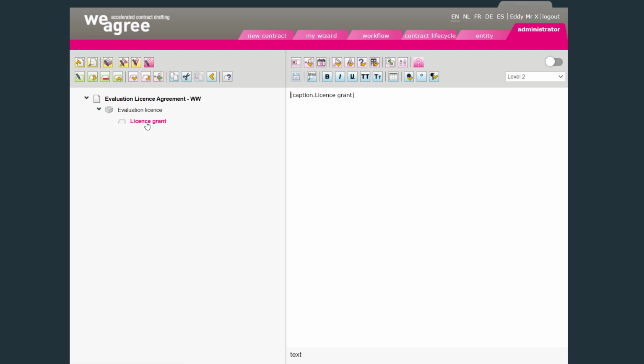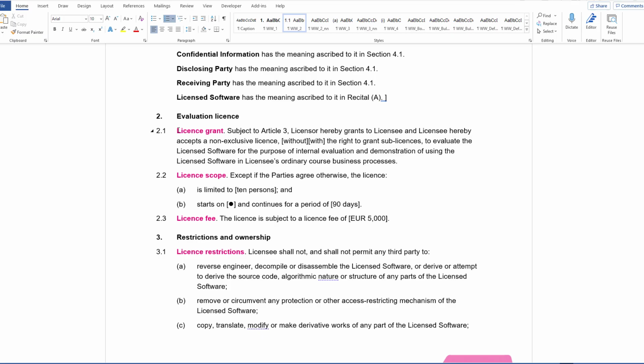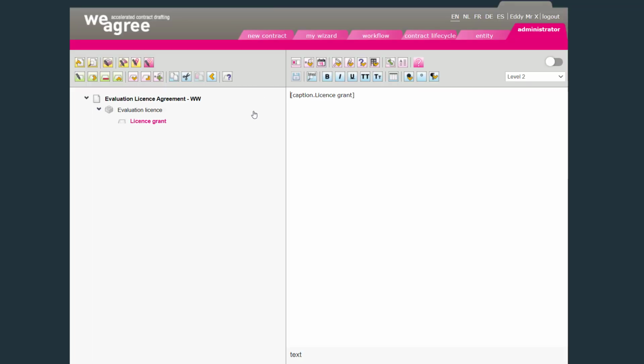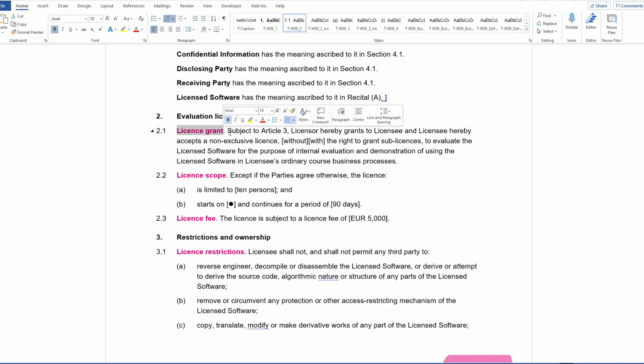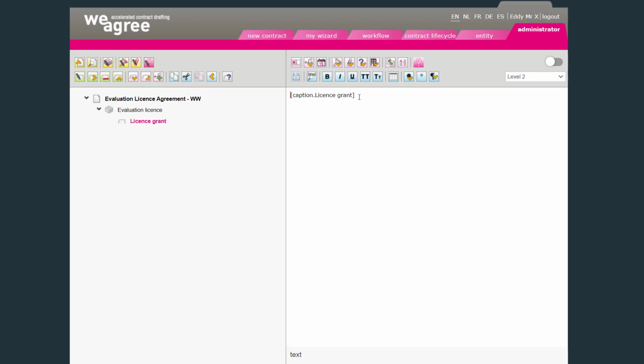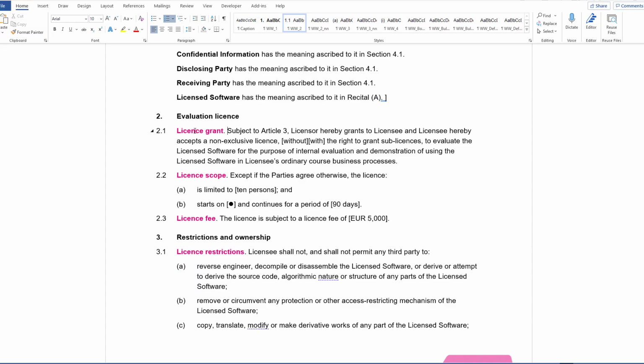Weagree assumes that if you insert one on an indented level 2 over here, that it is actually also going to be a clause of level 2. And what you also see is that it assumes that while you give the clause the naming of the caption, you would want that to appear, and it will insert a caption that relates to this. Why is that made a caption? That is because in the house style it is defined that the text of the captions is to be made magenta in our case. You can define your own coloring, you can define whether it should be all caps, bold print, or underlined, or whatever you want